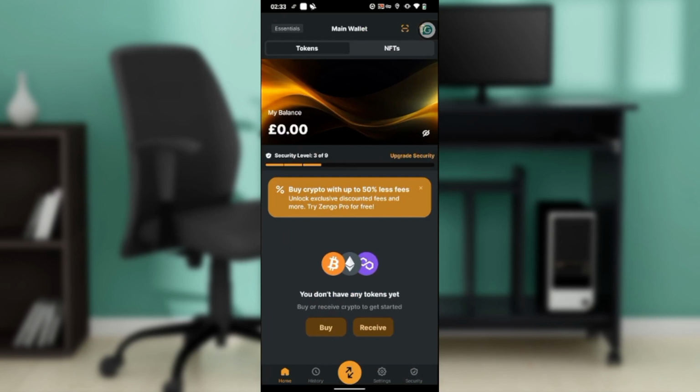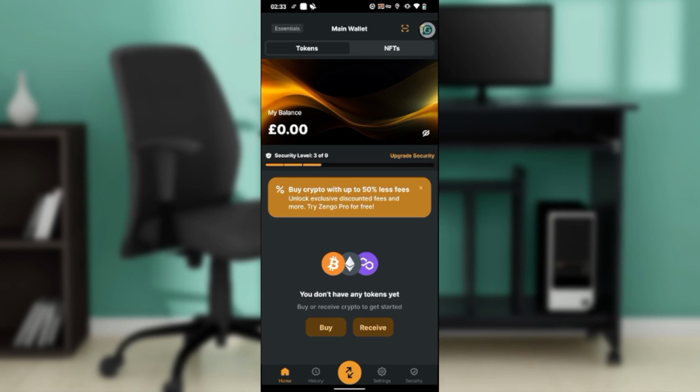Now Zengo has one of the best user interfaces ever because its user interface allows you to navigate the features easily. It also has icons representing diverse features that actually help you optimize your Zengo experience. So now that we're on this homepage, let's just hop into today's topic, which is how to unsubscribe from Zengo